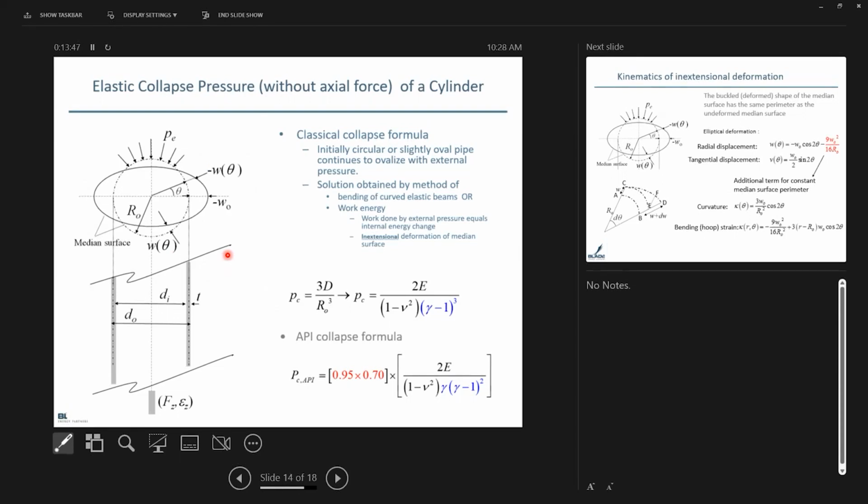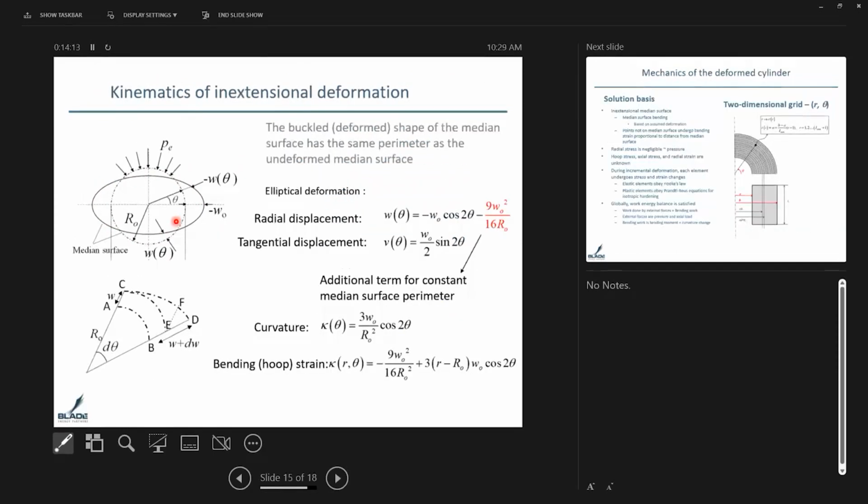Thin-walled cylinders, the problem is a little different, because in thin-walled cylinders, there is an initial ovality that comes in because of manufacturing processes. So there is an initial ovality that comes into play, and we have to account for that. And thin-walled cylinder collapse is a fairly well-understood problem in elastic stability. Practically any elasticity book will have solutions for that. However, when you apply an axial tension, the problem gets a little difficult. You have to go into some numerical analyses. So here, once again, we go back to some classical methods and apply Rayleigh's criterion for inextensional